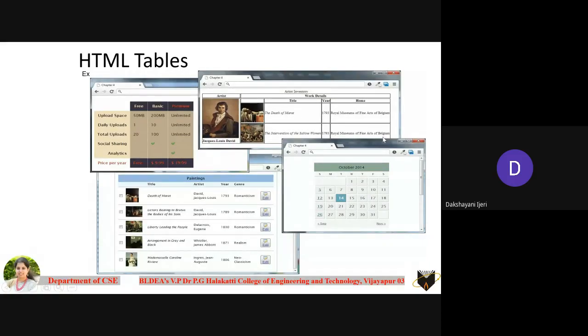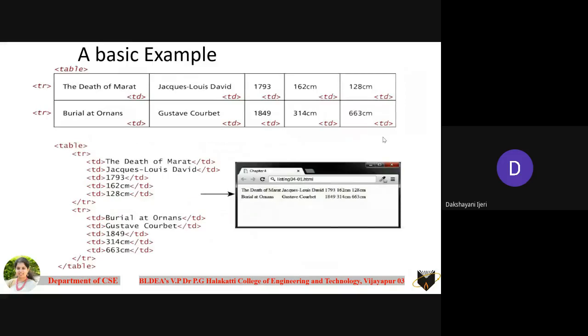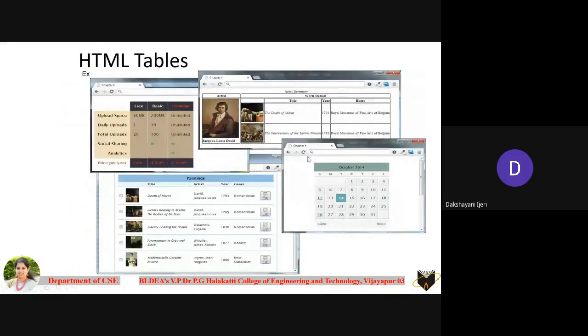Okay. So just tell me, what do you require in order to create a table? How do you define a table structure? Consider this simple example of a calendar. What are the elements that you can consider for creating the table? Rows and columns. Yes, very good. You are going to create tables in terms of rows and columns. And do remember that when you create a table in HTML, the entry to the table is always done row wise, not column wise. Always row wise, then coming to the columns of each row.